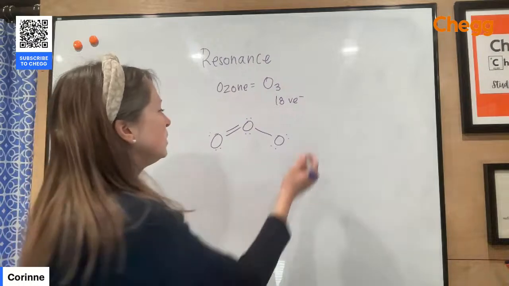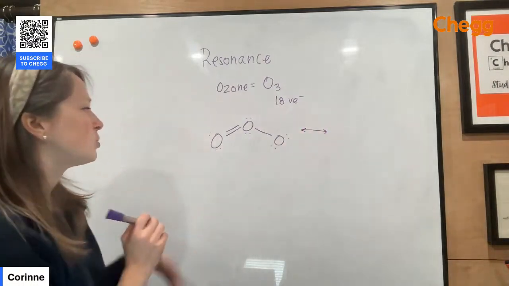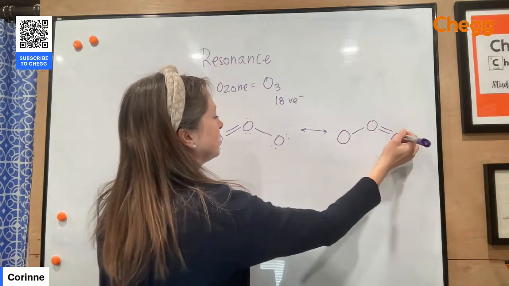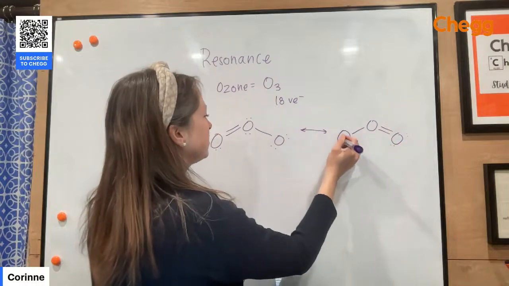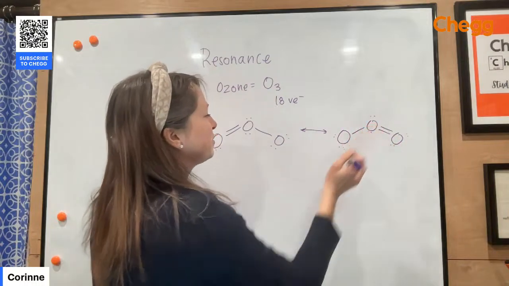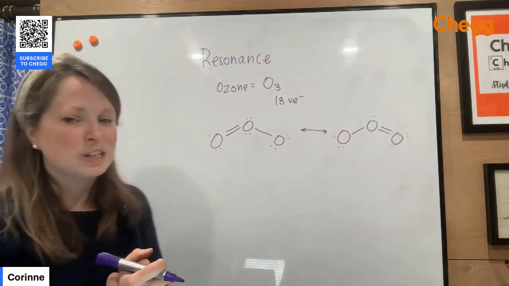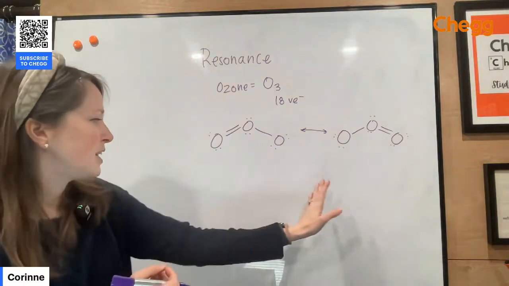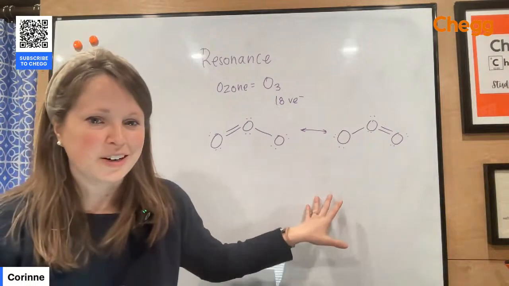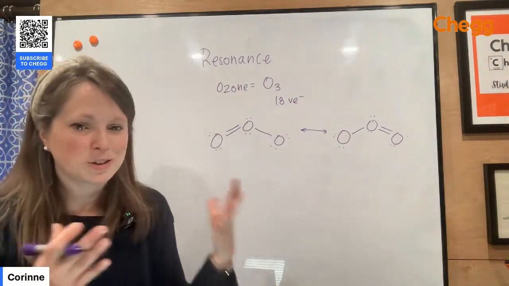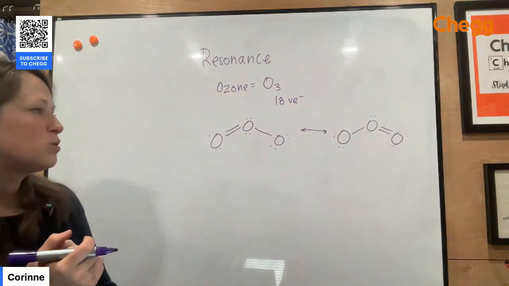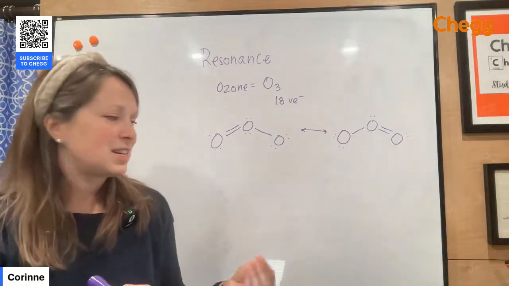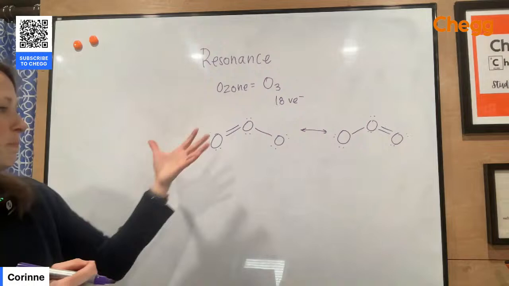Yeah, why not? So when we draw resonance structures, we're just going to show the possible structures. This is not the best example because this double bond is just going to keep moving back and forth. But sometimes we'll have structures where, let's say I have carbon on one side, sulfur in the middle, and nitrogen on the other, and I'm trying to figure out whether I have triple bonds or double bonds or single bonds. What you then have to do with resonance is use formal charge to figure out which structure is preferred. So resonance is just this idea that we're going to have multiple structures that are possible,